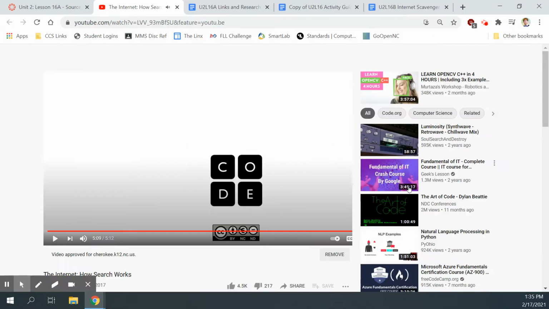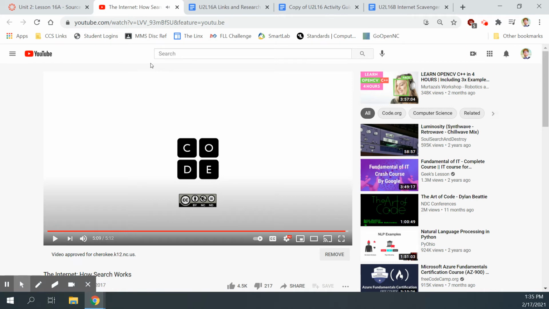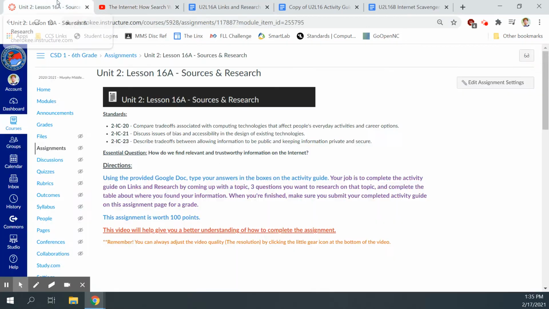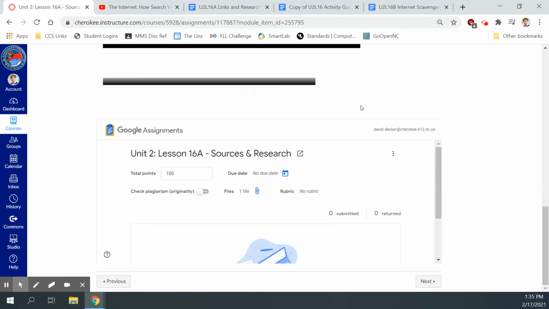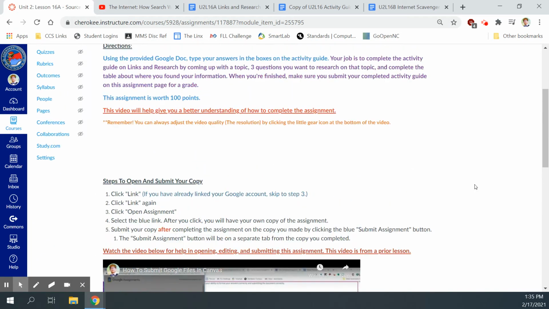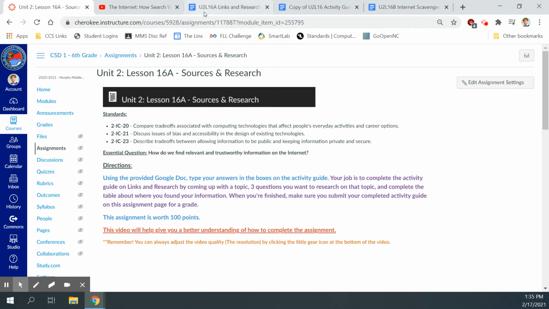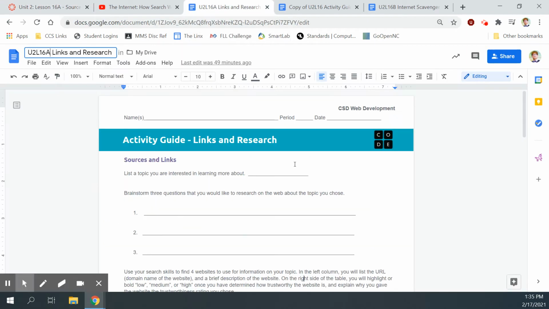All right. Excellent video from code.org on search engines and how the internet works. All right. Let's jump over to our, first, make sure you scroll down to the bottom of the page where you can click on the activity guide to open that up. It looks like this on links and research. All right, so let me go over this real quick with you so you have a good idea of how